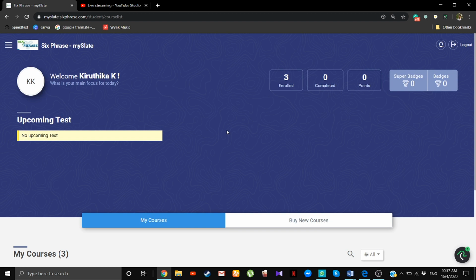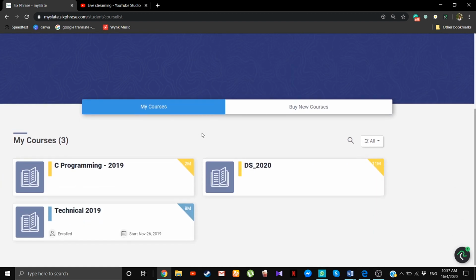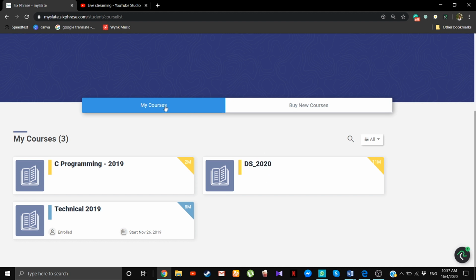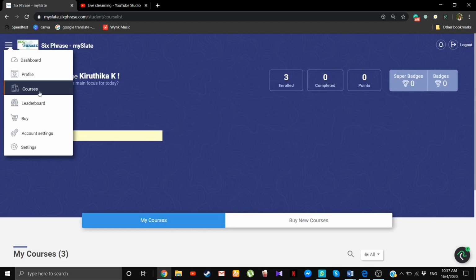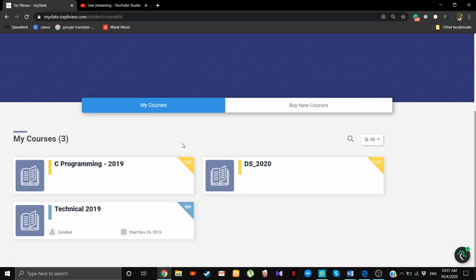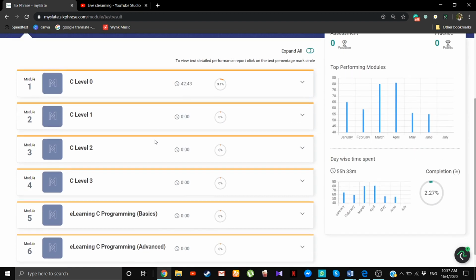Now you can see after logging in, this is my profile here. You can go down to your courses, and I'm in my courses. If you are on a different screen, just click it and you'll be redirected to this page. After that, you have to press C programming language here, and the moment you do that,